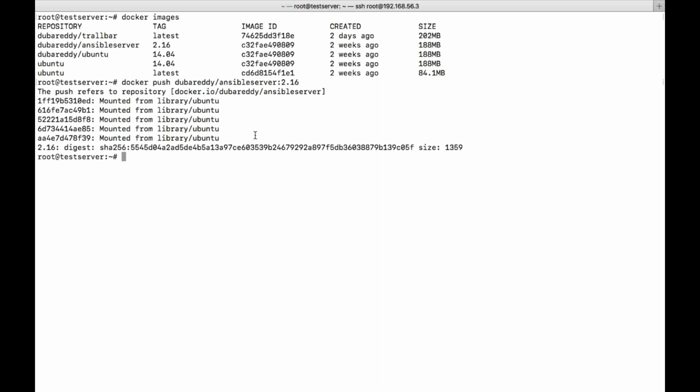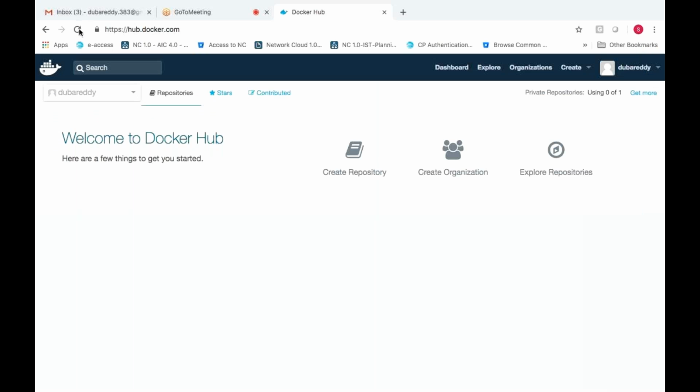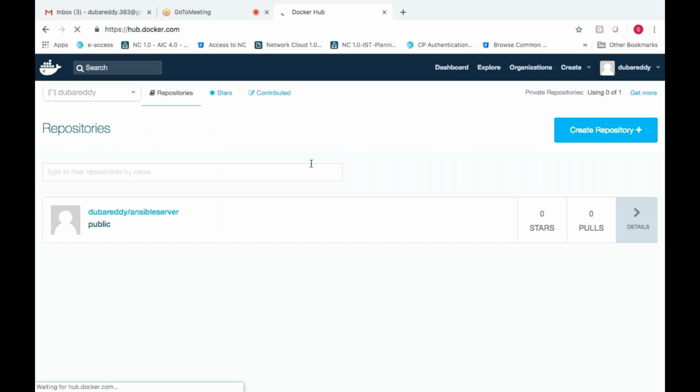And how will you verify it? Just refresh this. You can see here, this is how I pushed. Now let us try to delete all the images.